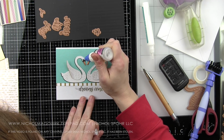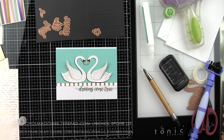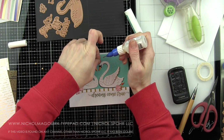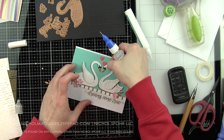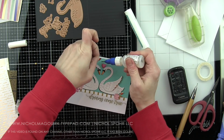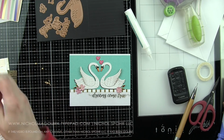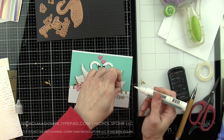Adding glossy accents to the beaks and the eye. It's funny how such a small thing like this makes such a huge difference, I think, in their faces. Then I'm grouping, this heart is actually from the large Die of the Month Club kit. Any little heart die or heart accent would work here. I die cut it from that raspberry cardstock in the card kit of the month. But I had that kit laying out and it had a heart in it and it worked perfect. So we got two little hearts coming up from our swans, covered in glossy accents,